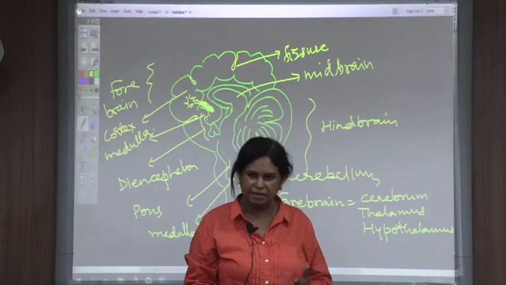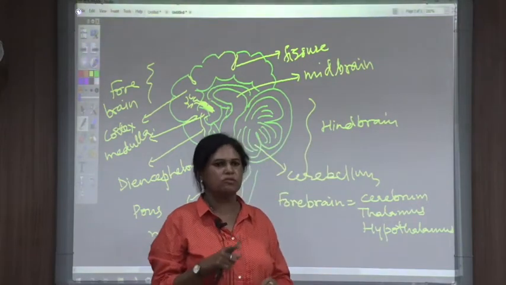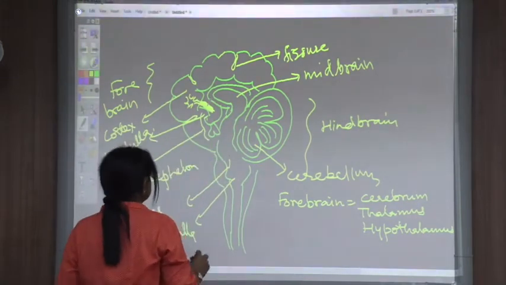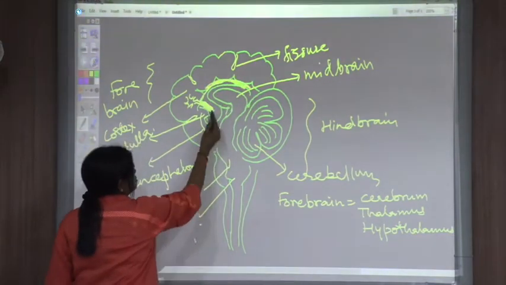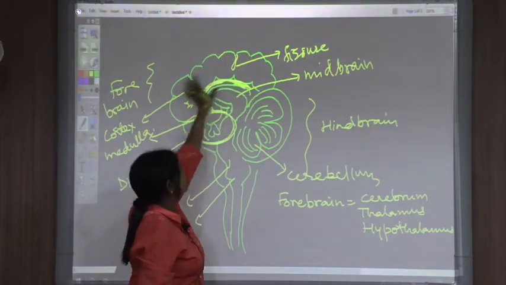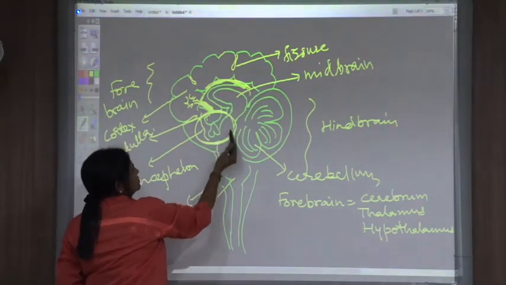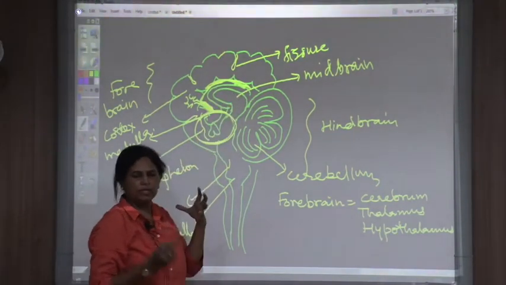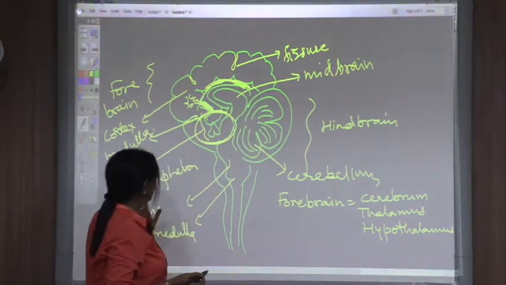Now the brain performs many functions, especially the forebrain helps in thinking, and thinking involves a very complex mechanism and neural connections, which are all concentrated within this cortex part. Now from the cortex, this part is called the thalamus, and this lower part is called the hypothalamus. The cells from the cortex will be sending messages through the thalamus into the nerves. So there will be cranial nerves constituted in the midbrain here, and these nerves will be reaching the spinal cord.